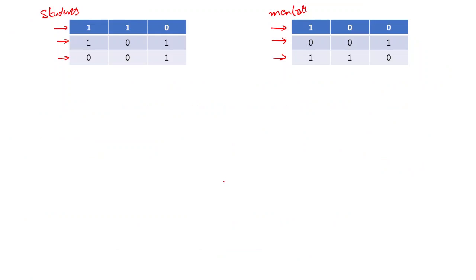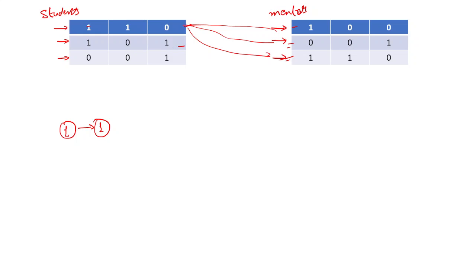And by seeing the example as well, we can get an idea that for each student, we have to check each mentor, like the compatibility of that particular student with that particular mentor. So you can guess that for each student, we have to check all the mentors. Suppose student 1 has chosen mentor 1. Now the other mentors left are 2 and 3.